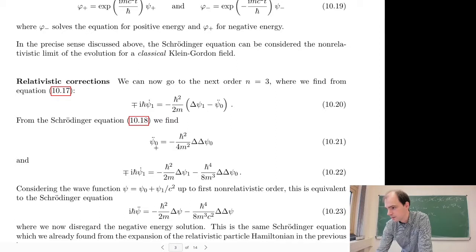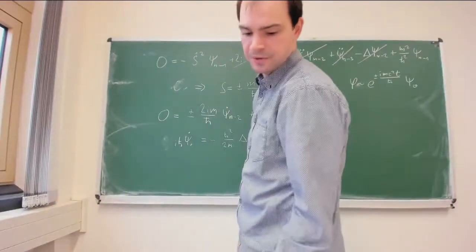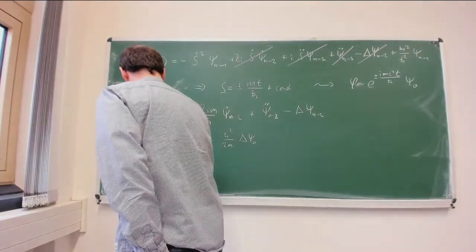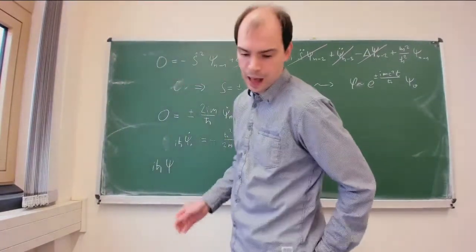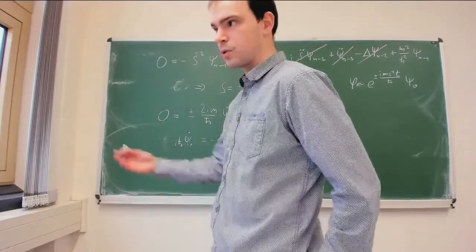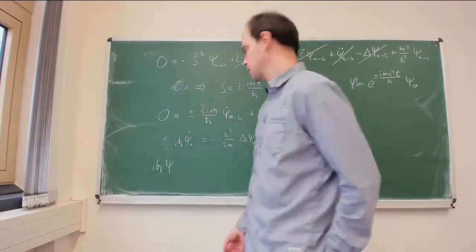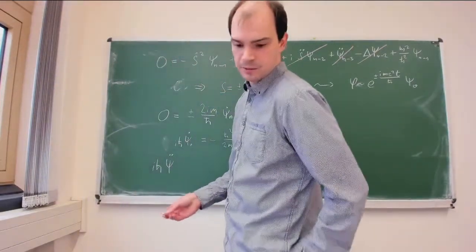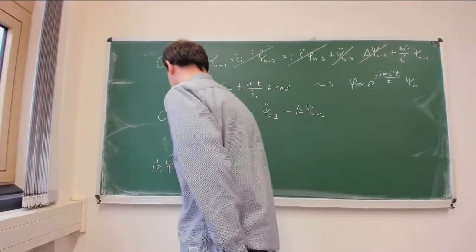We can calculate psi 0 double dot from the 0th order Schrödinger equation. So this is just the Schrödinger equation applied twice. So it gives us a double Laplacian of psi 0. And then if we put all of those together, then we find the relativistic correction of the Schrödinger equation. So we can write the Schrödinger equation up to the first post-non-relativistic order, so up to order 1 over c squared, as